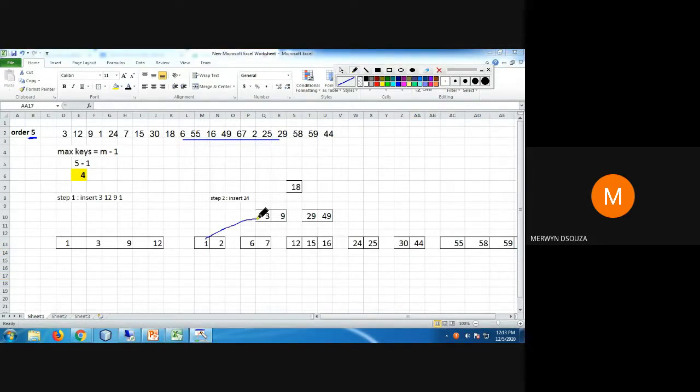These two values are less than 3. These two values are greater than 3, less than 9. These values are greater than 9. Now all these values here have to come to the left of 18 because 18 is your root. And all these values that you are putting here should be less than 18. Okay, please remember that. Then this will be attached here.